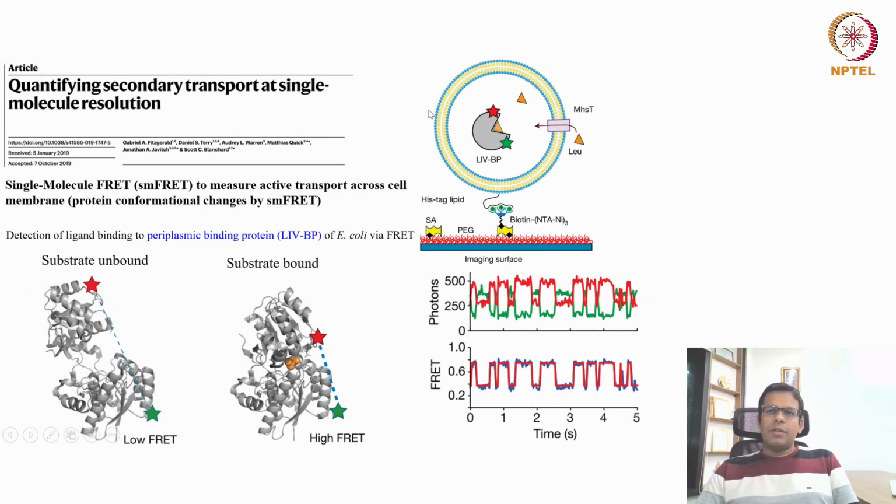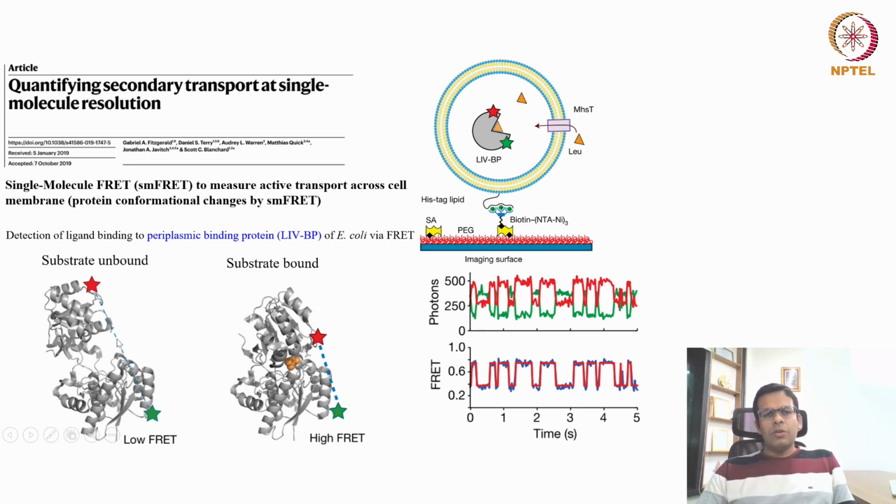Then this is another application of single molecule imaging, which is known as single molecule FRET. Single molecule FRET is used to quantify protein conformational dynamics. What is protein conformational dynamics? Let's say this is one protein, and here it is in the open state. When it binds to a ligand, this orange molecule, it is converted into the closed conformation. If you want to quantify how fast this process happens, and whether the protein remains open or closed,